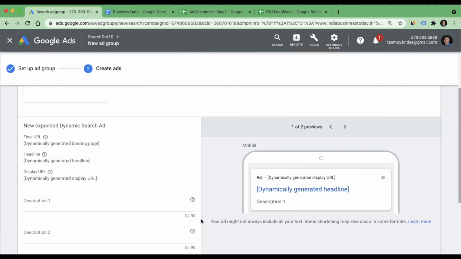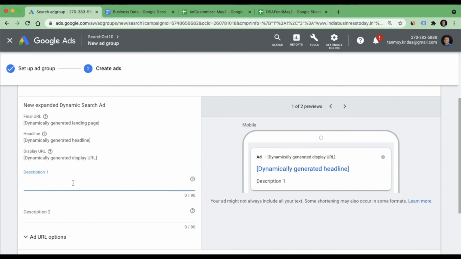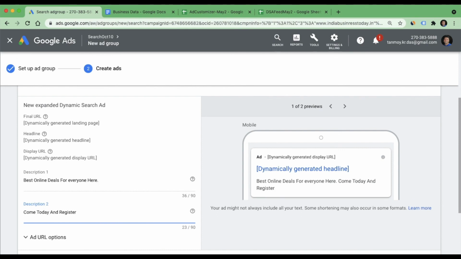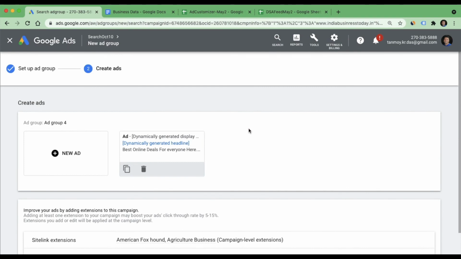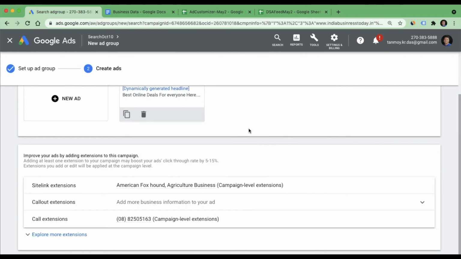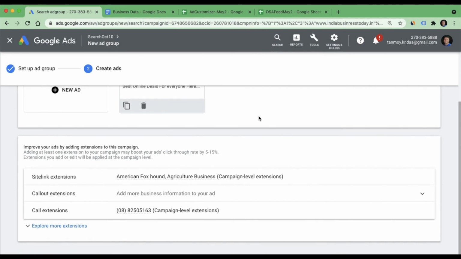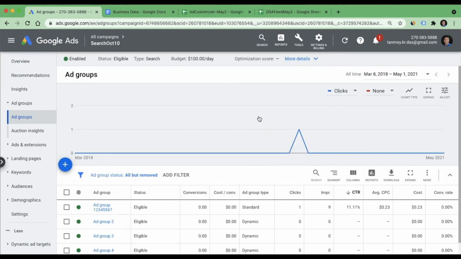As you can see over here now, I have to just provide the 2 descriptions. So like this, you can go ahead and fill up the information right now, and then you can go ahead and upload this. So this will be the dynamic search ad which we have created with the help of dynamic page feeds at the backend. In this simple manner, guys, we can go ahead and make use of business data in our accounts